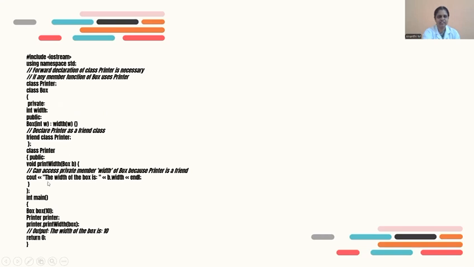Width is a variable which is given as a private member of class box, but that can be accessed by the class printer here. Likewise, we are going to access the private members of one class by another class with the help of the friend keyword. We will see how this program gets executed.